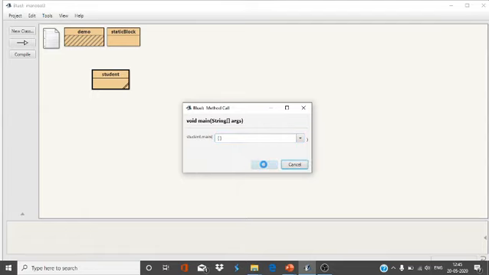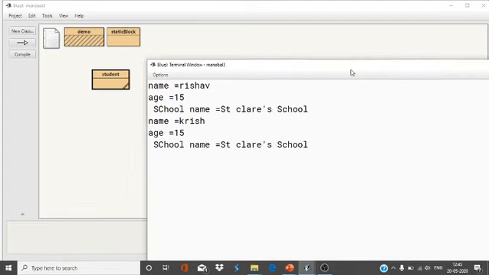Name Rishabh, age 15, school name St. Clair's school. Krish, 15, school name St. Clair's school. So the school name is common. That's why the school name is a static variable.